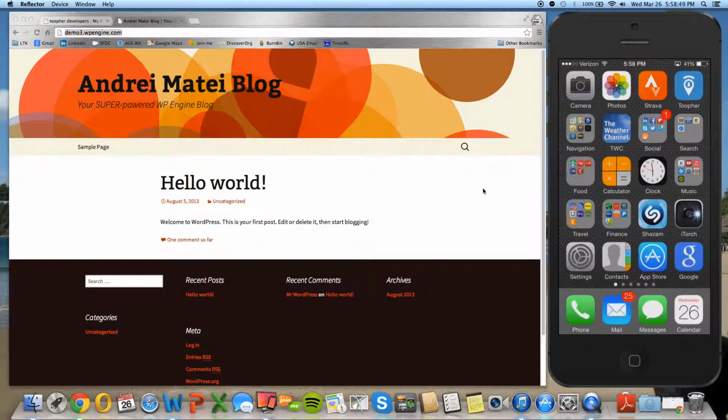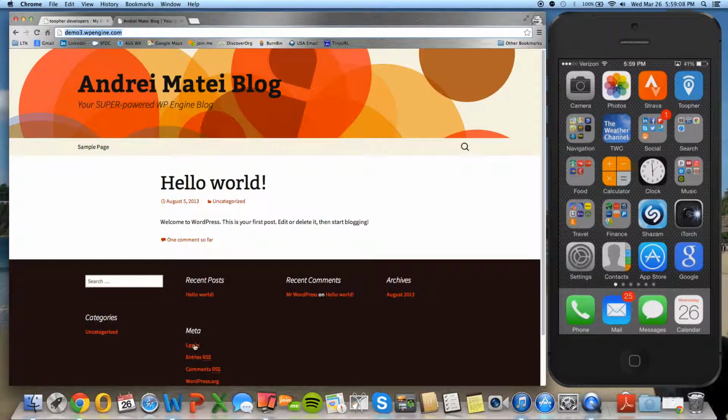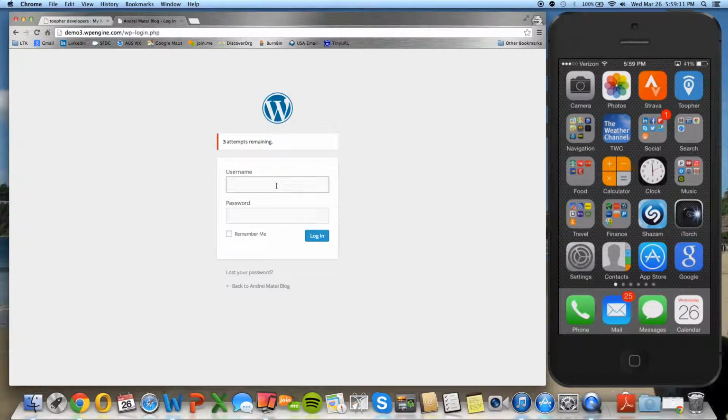So what is Toopher? Toopher is the most usable, most secure multi-factor authentication solution available today. Using patented technology, Toopher uses the geolocation of your mobile device to deliver fully out-of-band session and critical action authentication. And what I'll demonstrate here is how we can keep WordPress sites secure through WP Engine and enabling Toopher multi-factor authentication to do so. So I'm going to go ahead and log in with my username and password